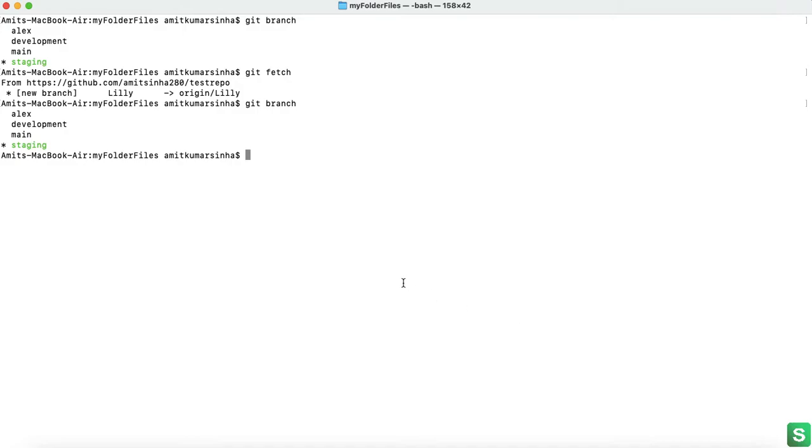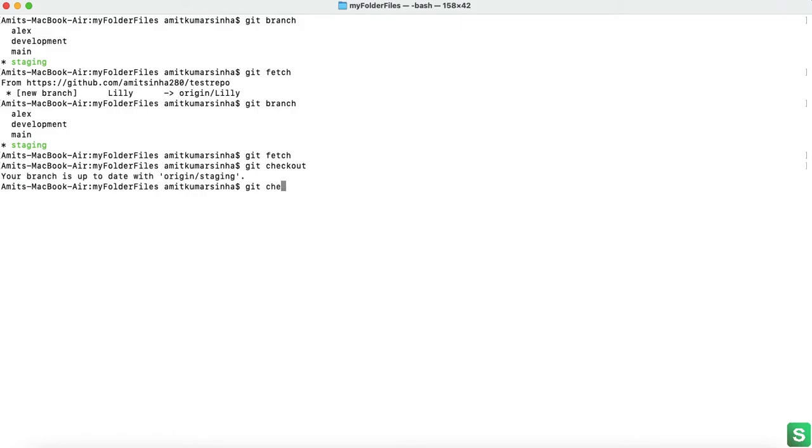Okay, already this one is added, so just use git checkout. Okay, sorry, git checkout. Okay, so now I am in the new branch.